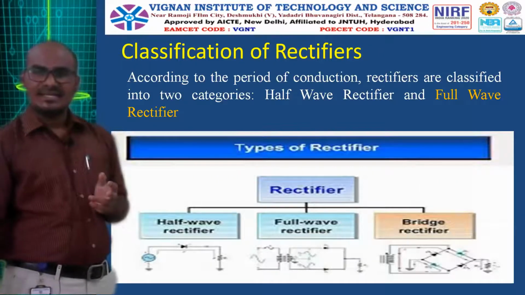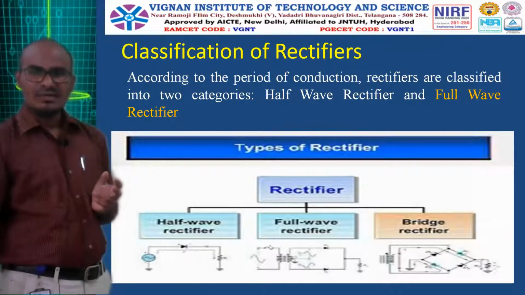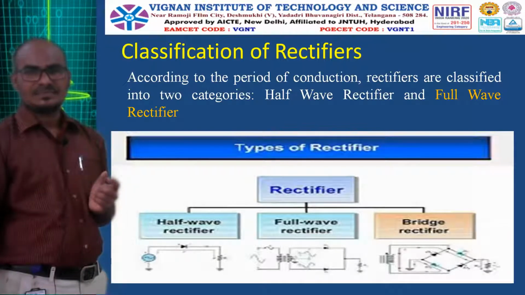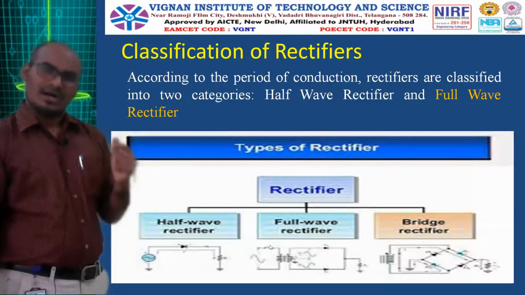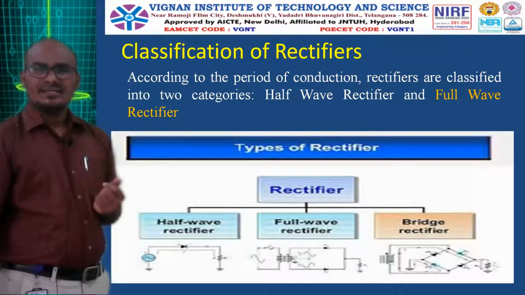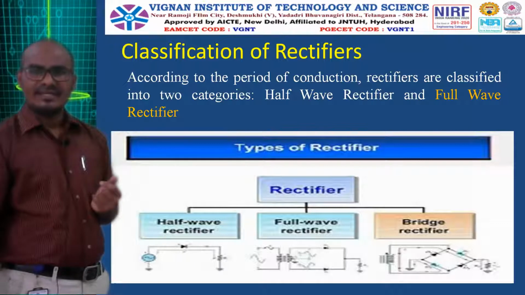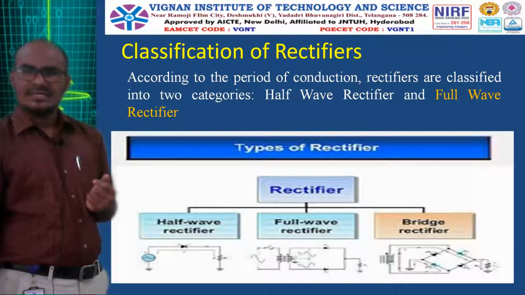So basically the rectifiers are classified into the half wave rectifier and the full wave rectifier. The bridge rectifier is also a full wave rectifier, and the difference between the full wave rectifier here and the full wave rectifier here is, here we are using 4 diodes in the form of a bridge, and here we are using 2 diodes connected in parallel combination, and here we use